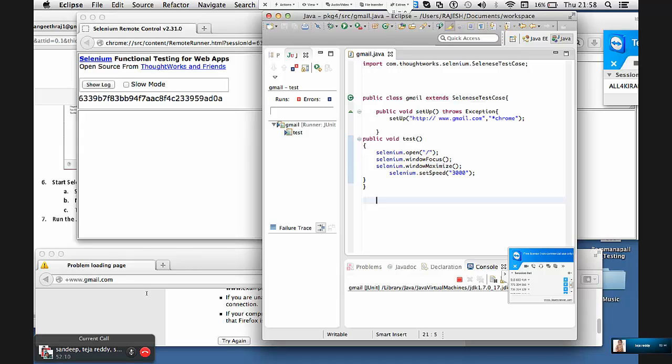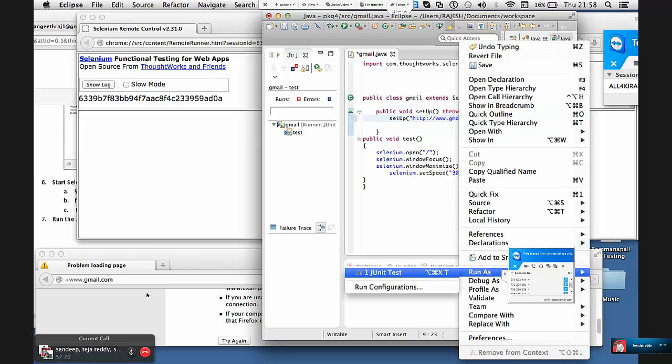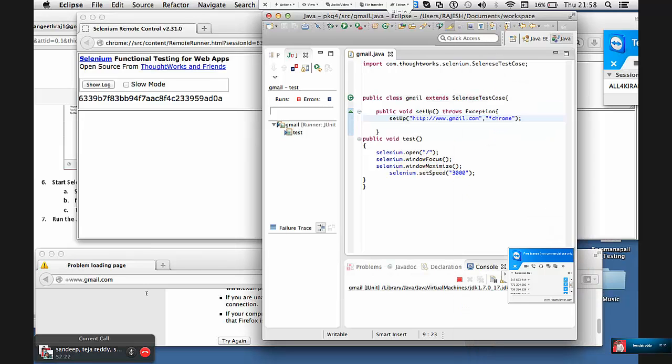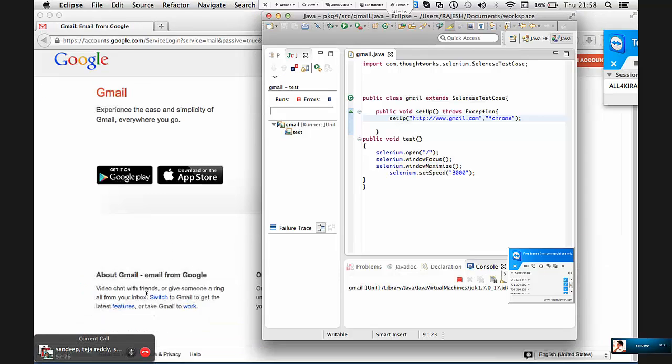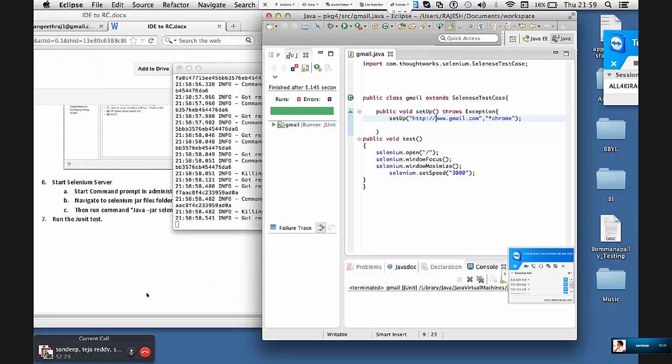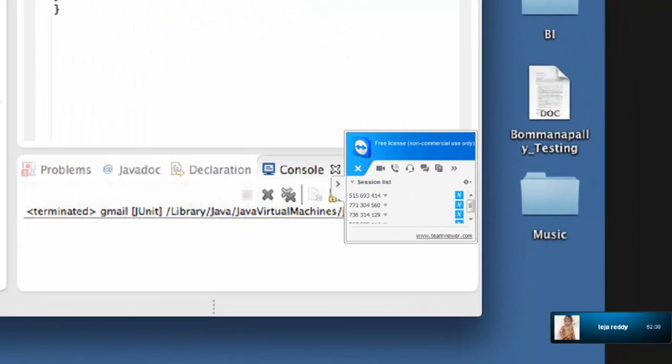In your Eclipse you gave space after http://, remove that space. Okay, run it again now. Fantastic, you got the Gmail page. Okay, it's working.